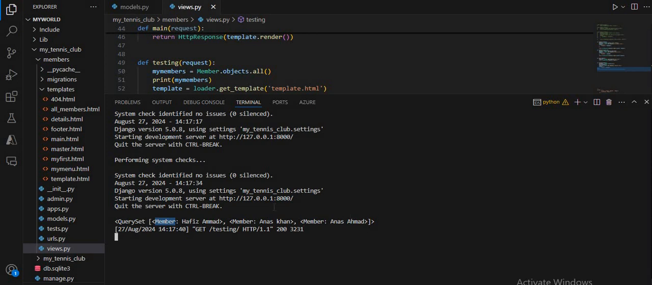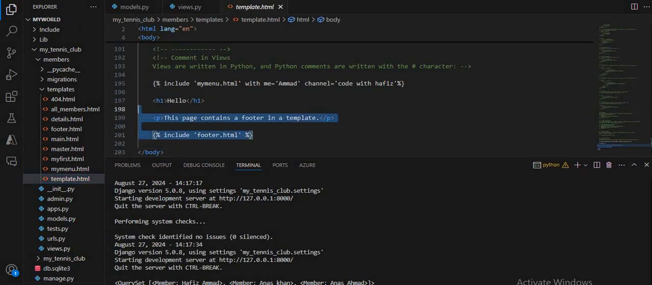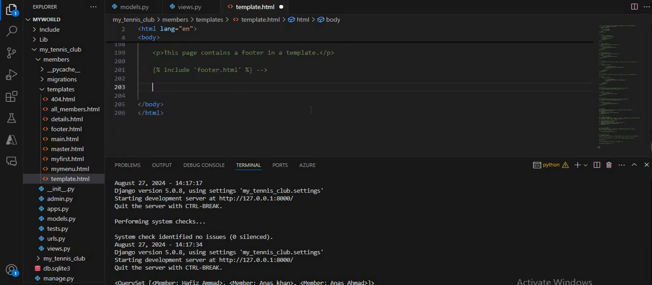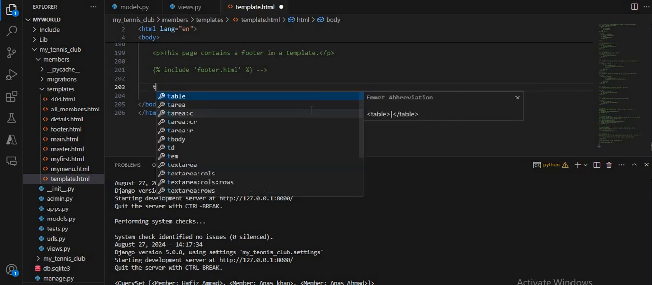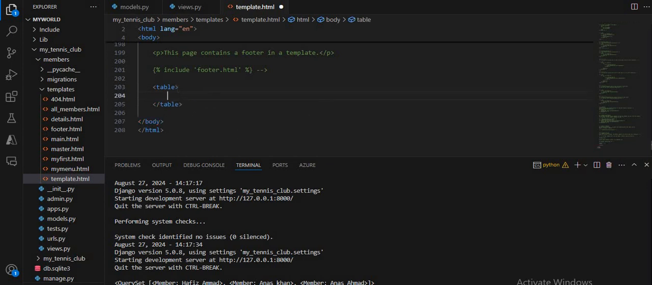So I am going back to my template.html file, and here I want to update my code to show the data inside this. So for that, here I am going to create a table and the border will be 1. Inside this